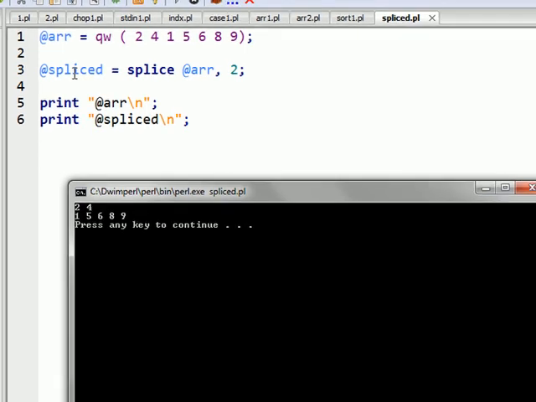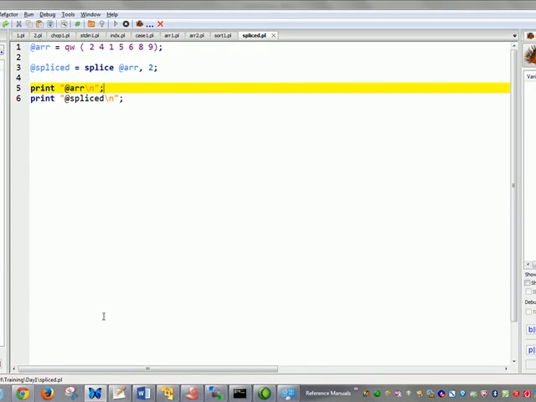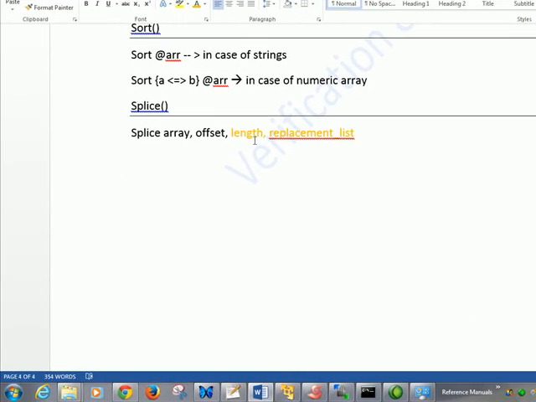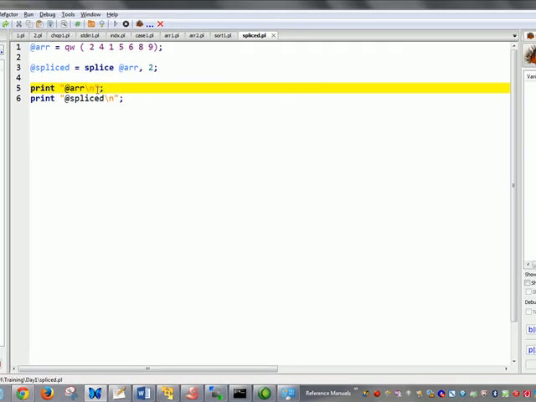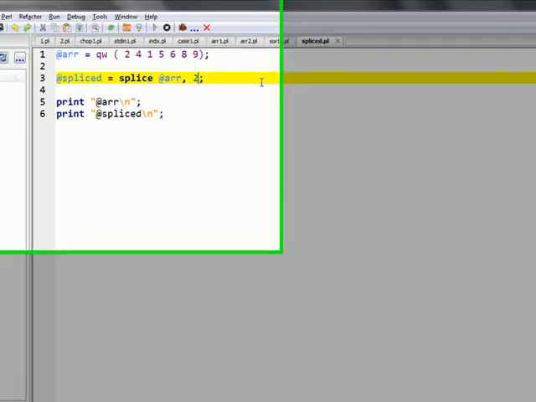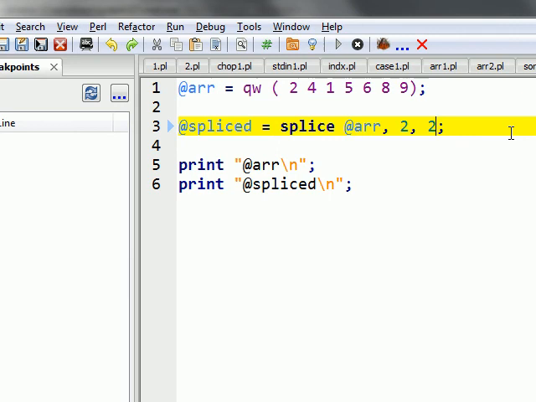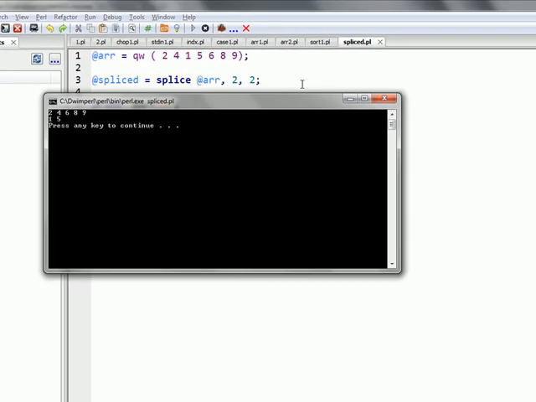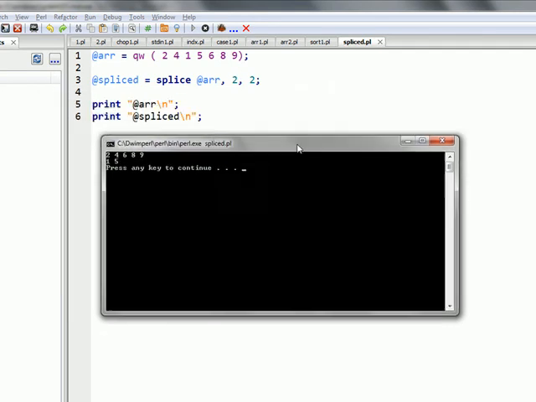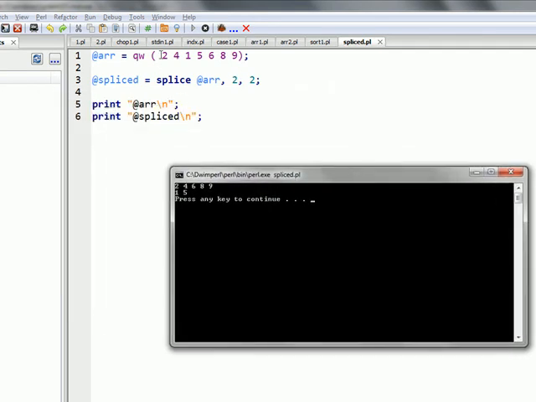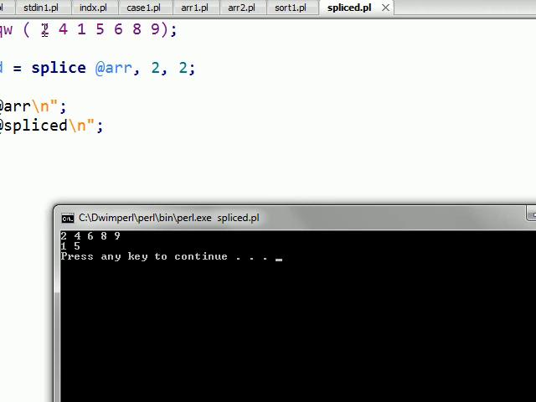Okay. Now let's check with the other thing. If I give a length, what happens? I give a length of 2. Okay. Now let's check. When I give a length of 2, the offset is 2, so